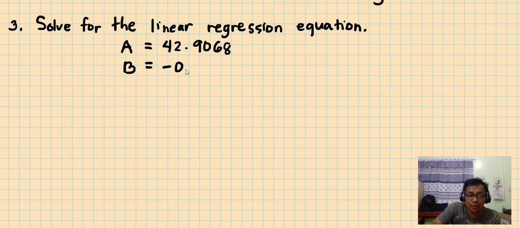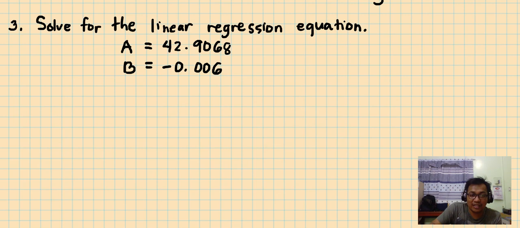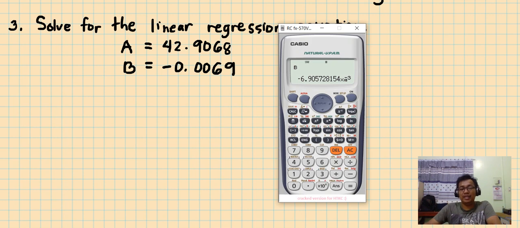Negative 0.006. Okay, nag-move yung decimal places natin ng tatlong beses to the left. 069. Okay, tuloy lang natin yan. 069. Okay, yan na yung value ng A and B natin. Okay, so